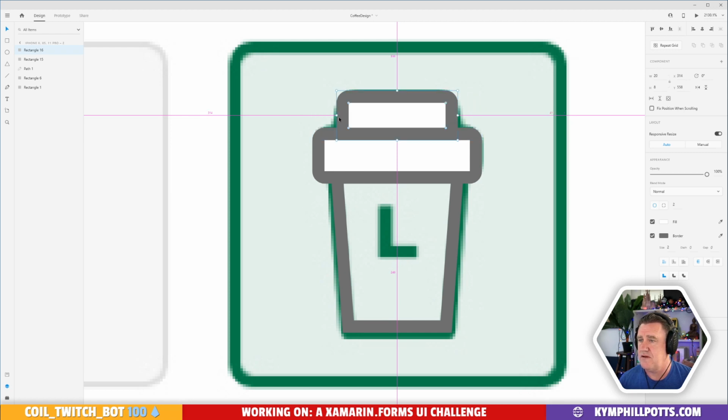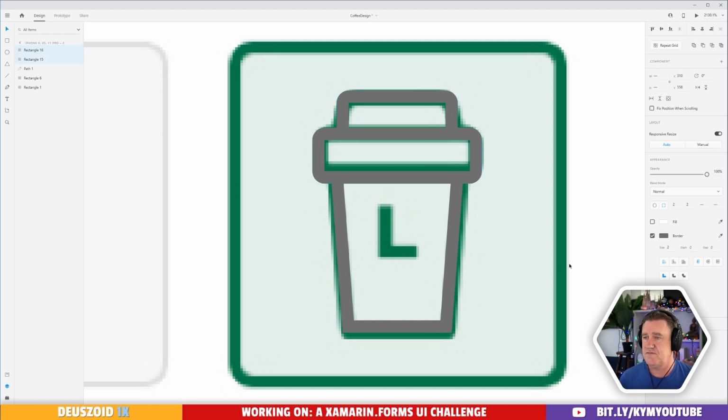Yeah, there we go. A little less wide, and we can actually get rid of the bottom rounding as well. All right. Dev tries to do UI. Get rid of that. There we are. That's kind of like a cup.